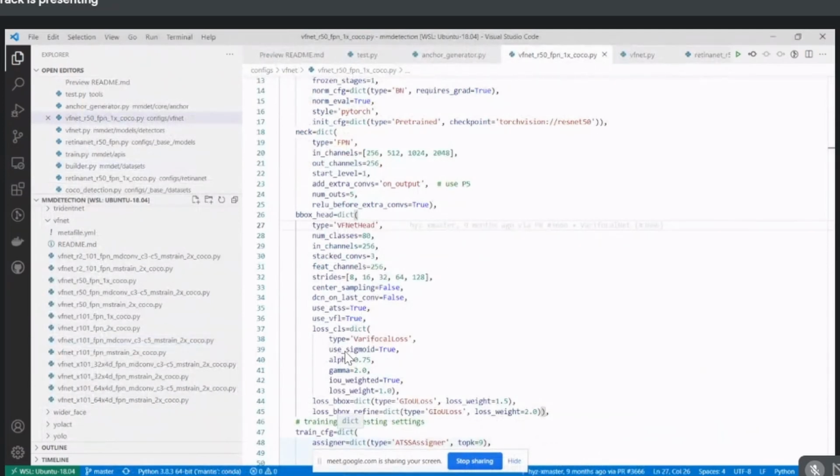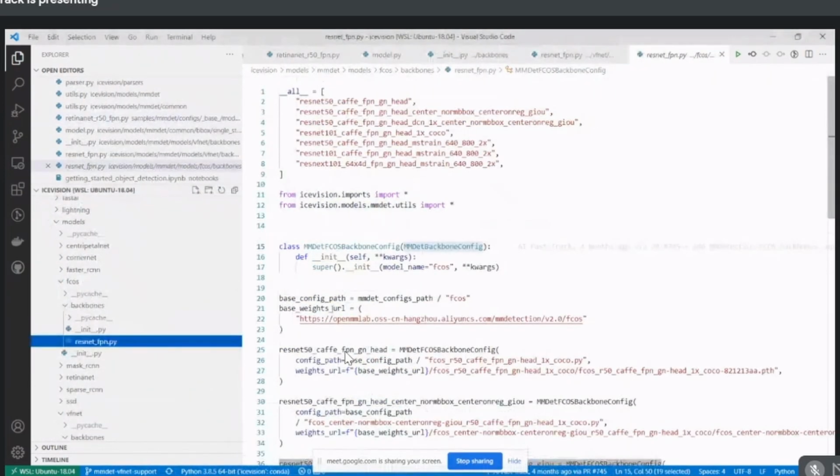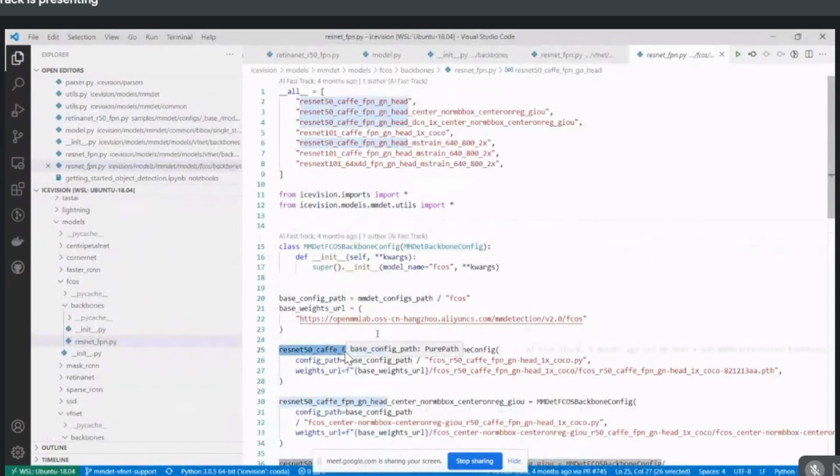So we are going to create for each backbone this MMDet. Here it's called MMDet FCOS backbone, but for us it will be MMDet VFNet backbone. And there we have just to add some information. The information that we need is the configuration file, the path to the configuration file, and the path to the pre-trained